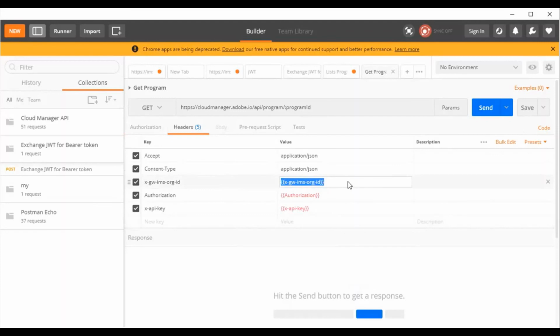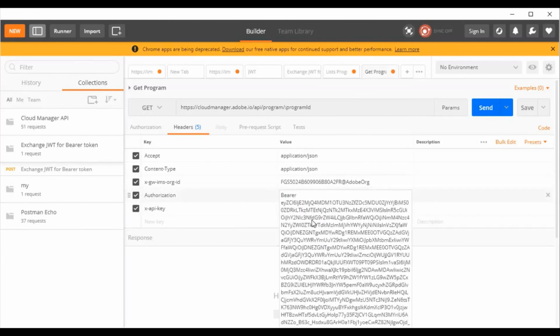I'll go ahead and edit this with my copied details. And since authorization is a bearer token, I'll have to select bearer and paste the token here.